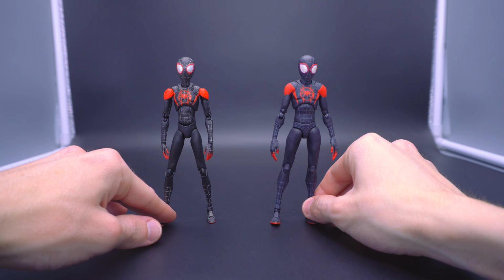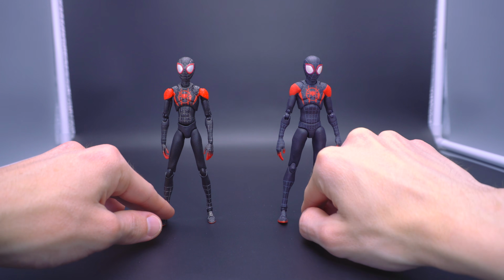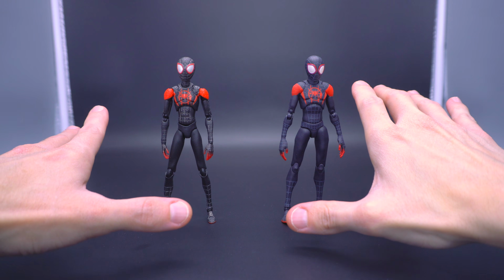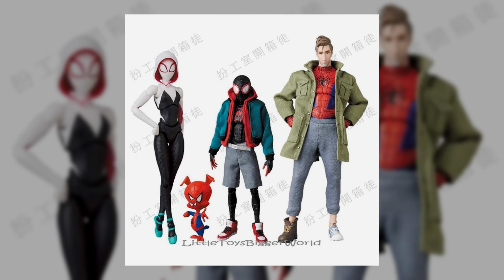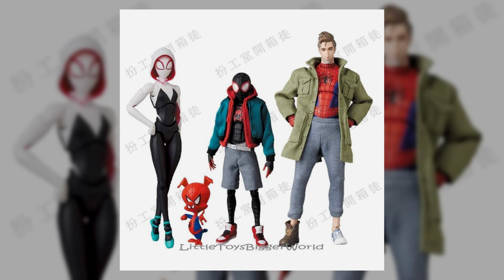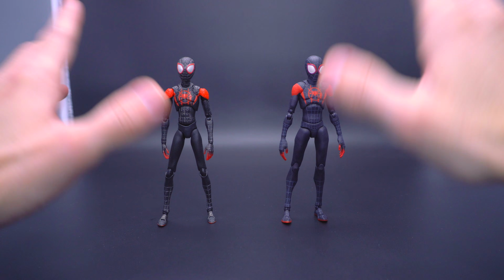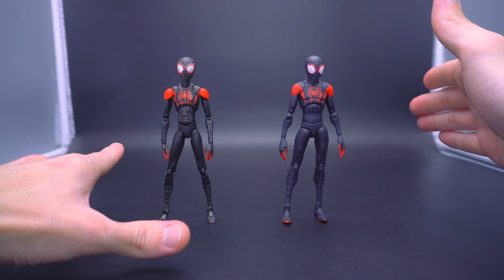They're technically to scale to fit for the remainder of the wave, except you really are dealing for the majority of the team, if not the whole team, when it comes to Sentinel. Whereas Mafex, and I'll bring this back around a little bit later, Mafex has really only done Miles and Gwen. They really haven't done anybody else as far as I can tell. Actually, I take it back. I believe they did do Peter. They did do a Peter B. Parker, but that's it. Whereas Sentinel has done the entire wave, and because they've done the other characters, they needed